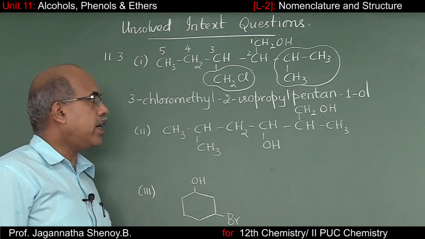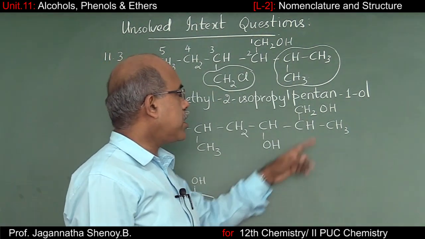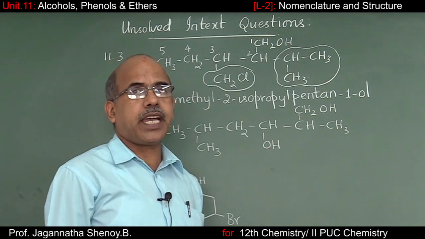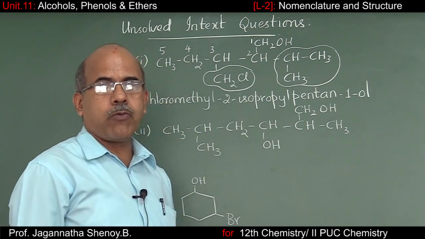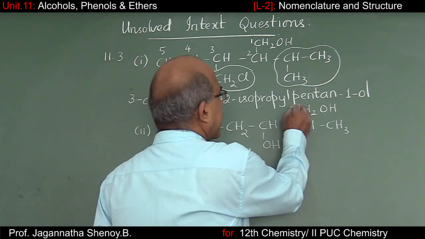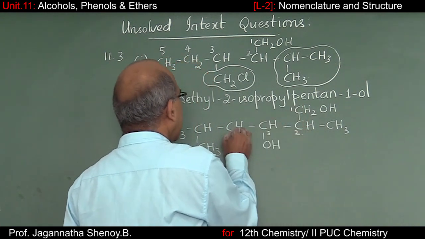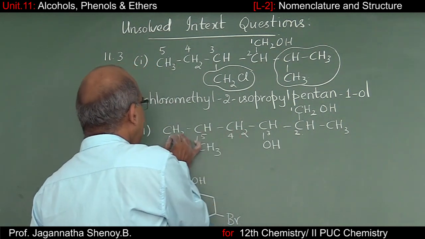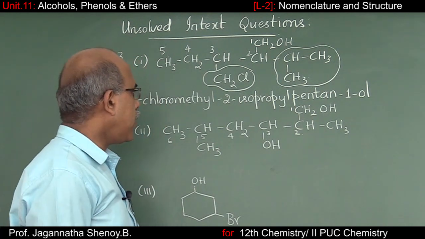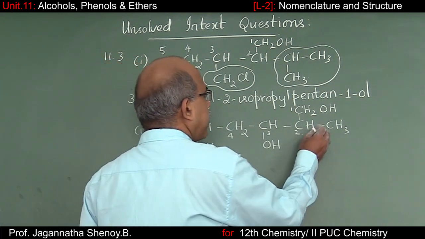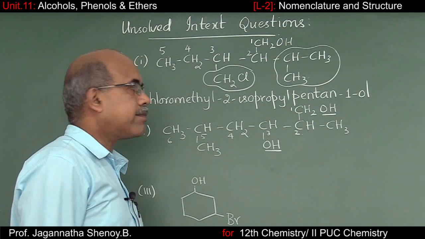Let's move over to the second one. When you look at the second molecule, there are 2 principal functional groups of the same type. OH here and OH here. Obviously, we have to start numbering from this direction. This has to be carbon atom number 1. So this is the second, here third, 4, here 5th and 6th carbon atom. Right? So when you consider this now, we have a principal functional group on the first carbon atom and the third carbon atom.